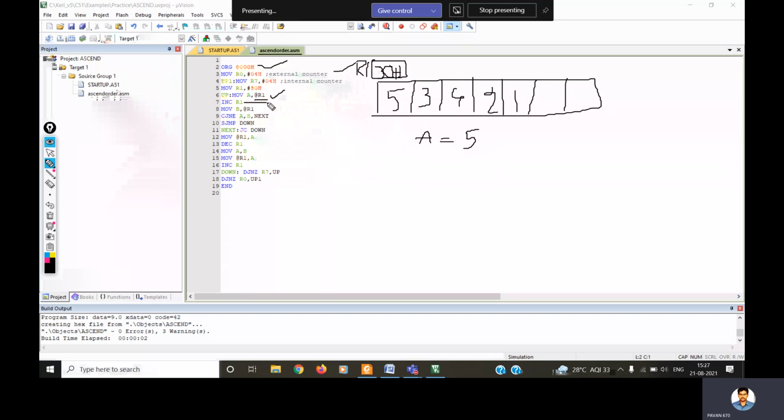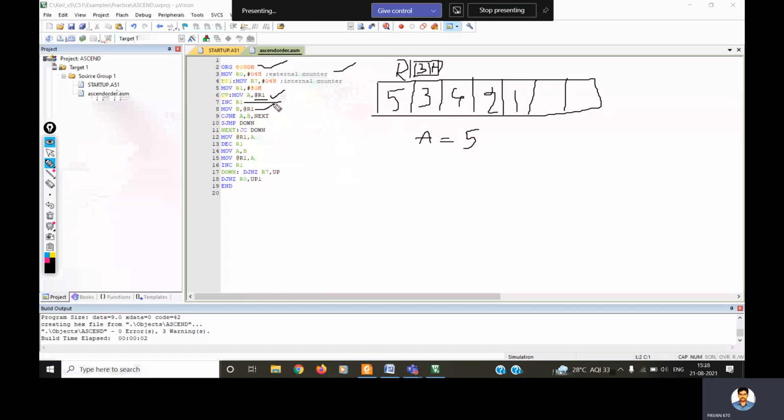But whenever the increment R1 statement got executed, R1 immediately shifts from this location to this location. Now R1 refers to the next location, 31H, and it is containing a value 3.